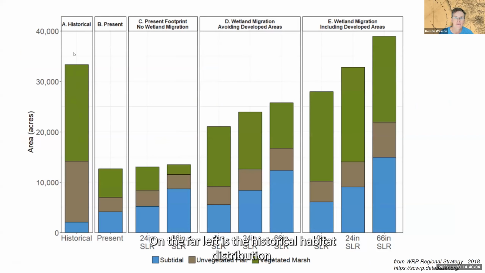On the far left is the historical habitat distribution. Focus on the green bar, that's the tidal marsh extent. Then you have the present, and you can see right away there's a lot less tidal marsh. Then there are some sea level rise scenarios, and with a lot of sea level rise, you lose marsh within